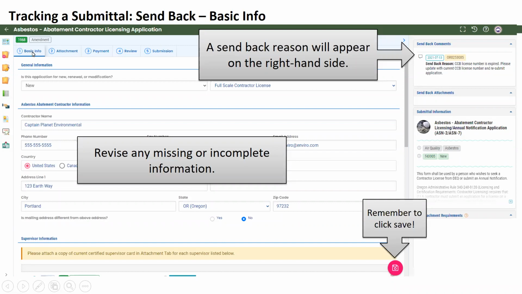So once you've responded to whatever it is that DEQ is asking of you, then you'll go back to the submission button and you'll follow the process to acknowledge the certification statement and enter your security answer plus your PIN, and then hit that submit button to send it back to us again.